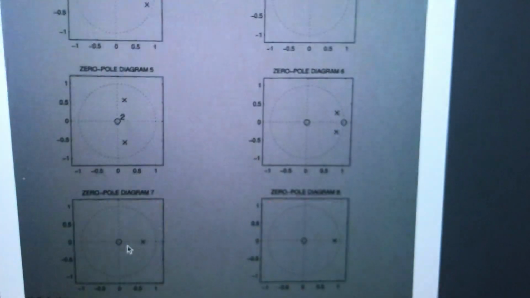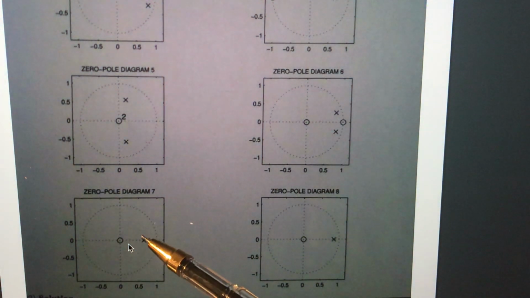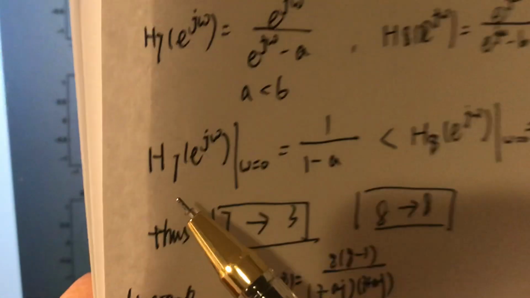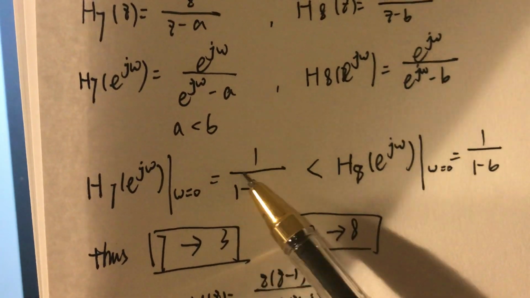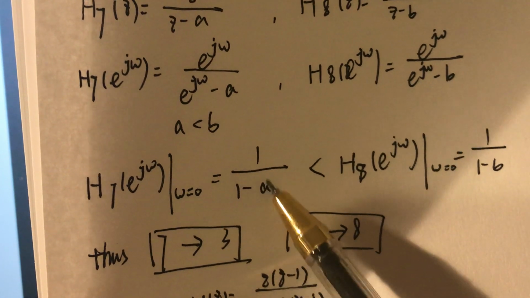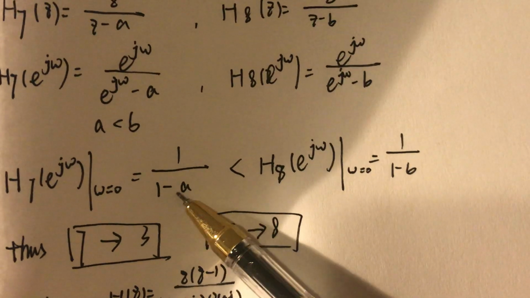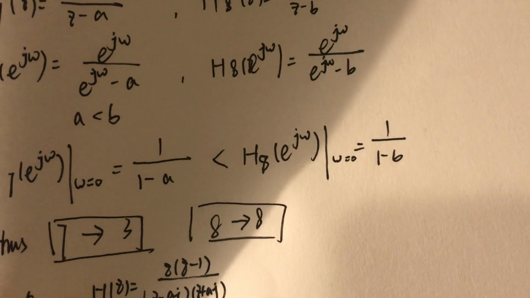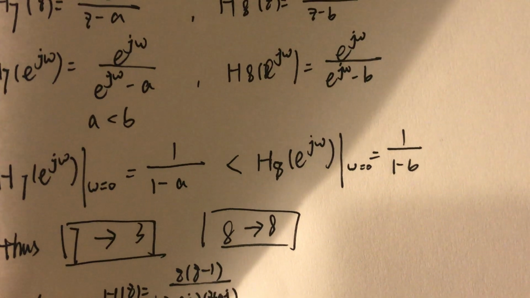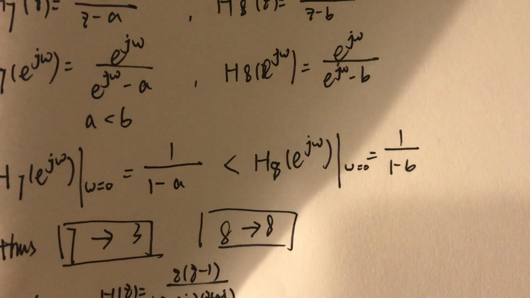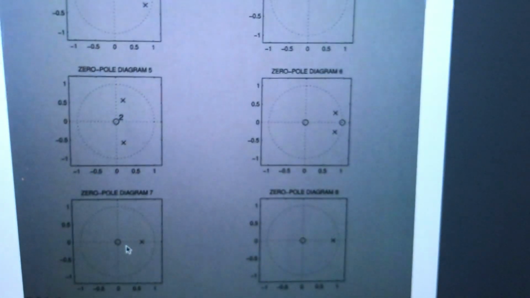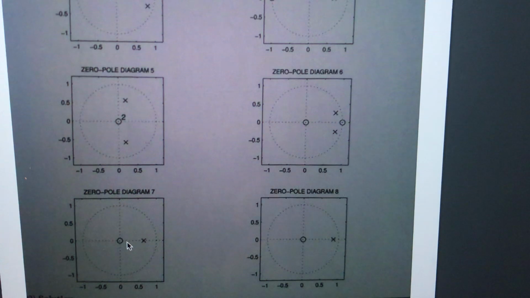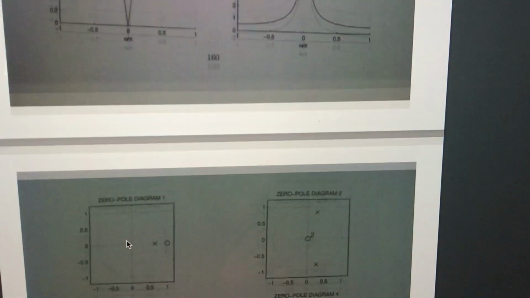And since it's easy to say that A is less than B, when omega equal to 0, this part will be 1 over 1 minus A. This part will be 1 over minus B. So this part is definitely lower than this part. So we could say that for the single peak diagram,